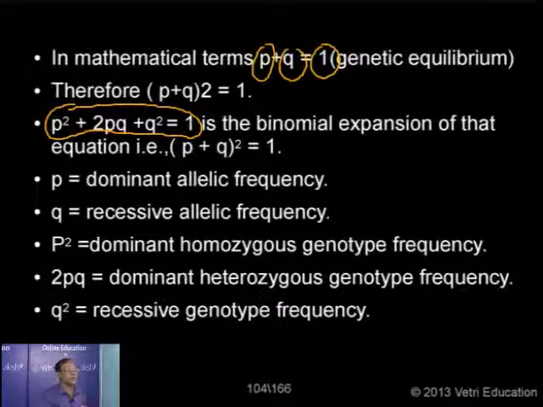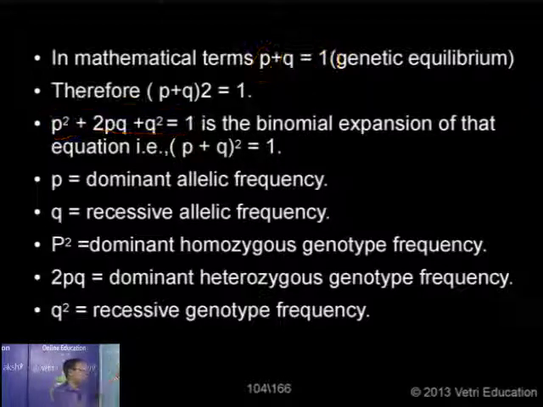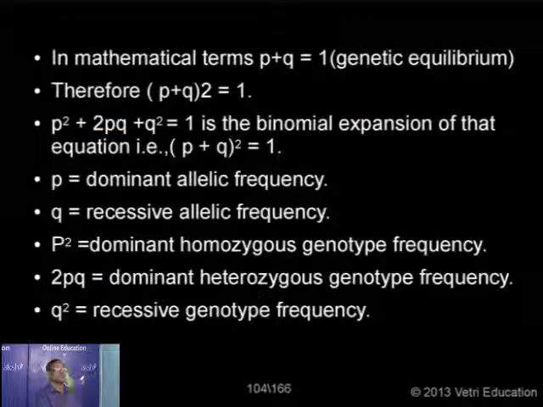We can calculate the dominant gene and recessive gene frequency only from the genotype frequencies. And here is the illustration, the expansion for each one. So P is equal to dominant allelic frequency, dominant gene frequency. Q is equal to recessive allelic frequency or recessive gene frequency. Then P square, dominant homozygous genotype frequency. Recall the genotypic ratio I mentioned earlier, that is the square. And then 2PQ, heterozygous genotype frequency. And Q square, recessive genotype frequency.